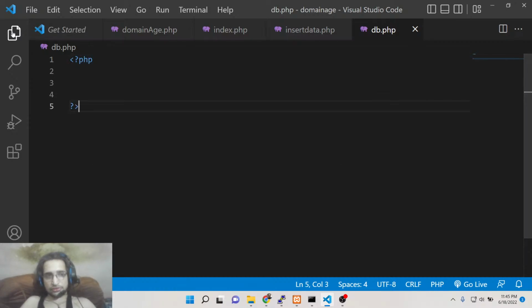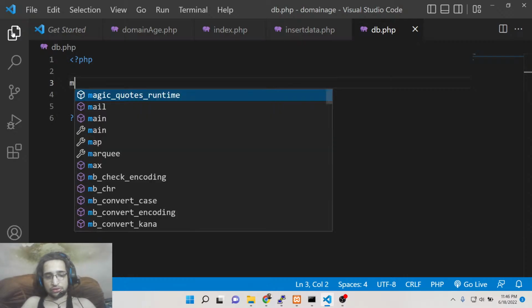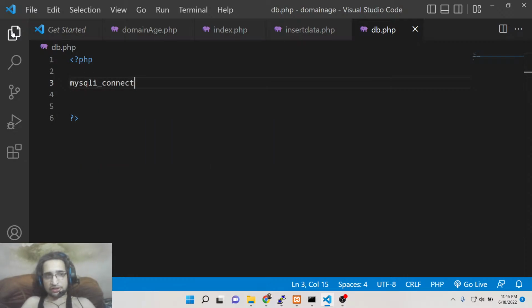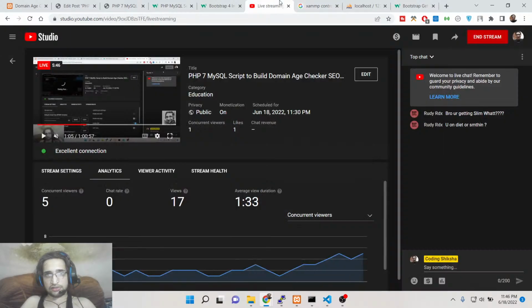So we can once again call MySQL connect, localhost, root, the password is empty, and the database which we have created, if you check here, we have created